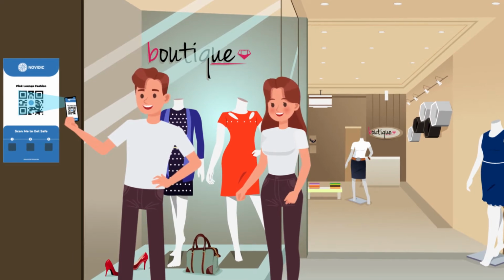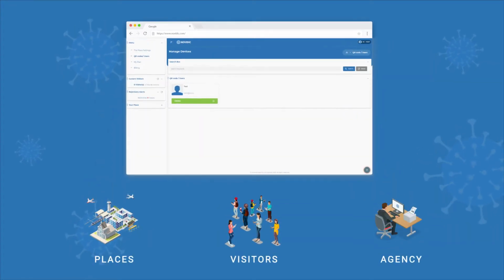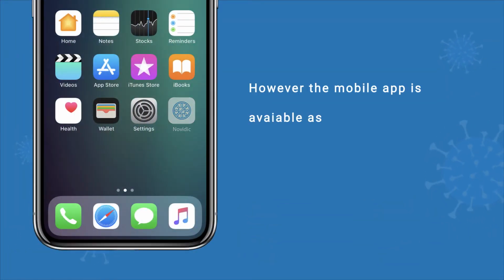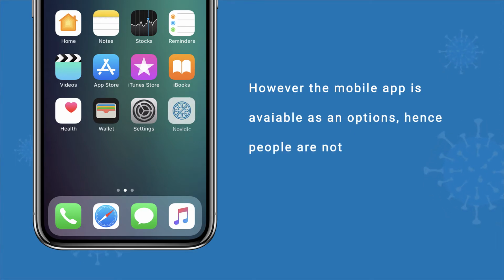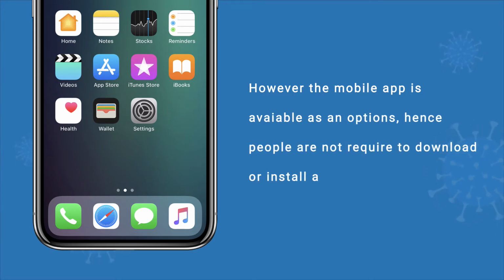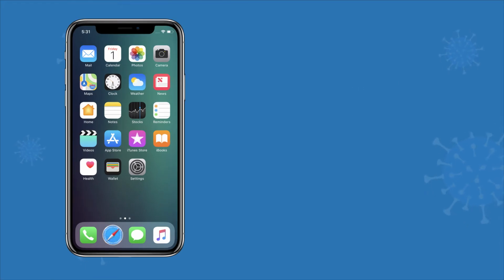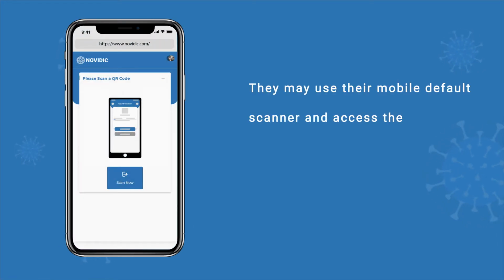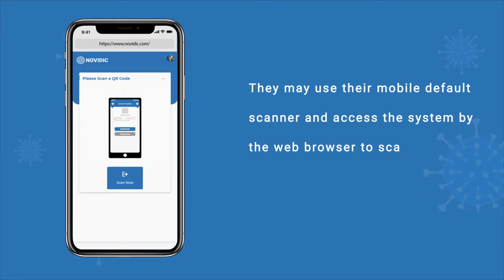iPads, tablets or desktops. The system works completely web-based for places, visitors and the agency. However, the mobile app is available as an option. Hence, people are not required to download or install any app if they don't wish so. They may use their mobile default scanner and access the system via a web browser to scan and tag their